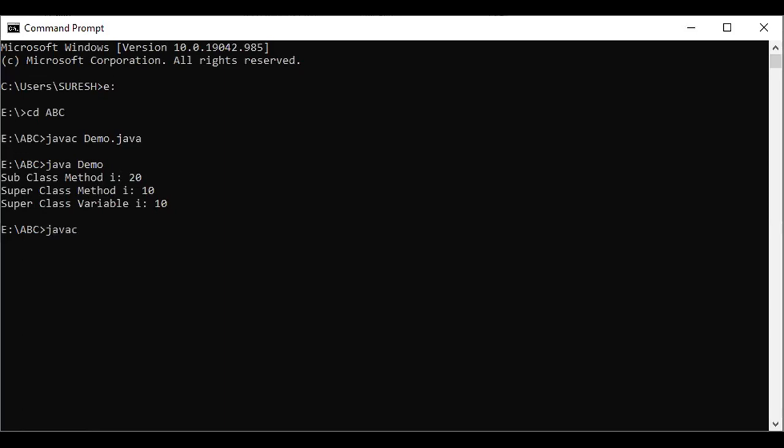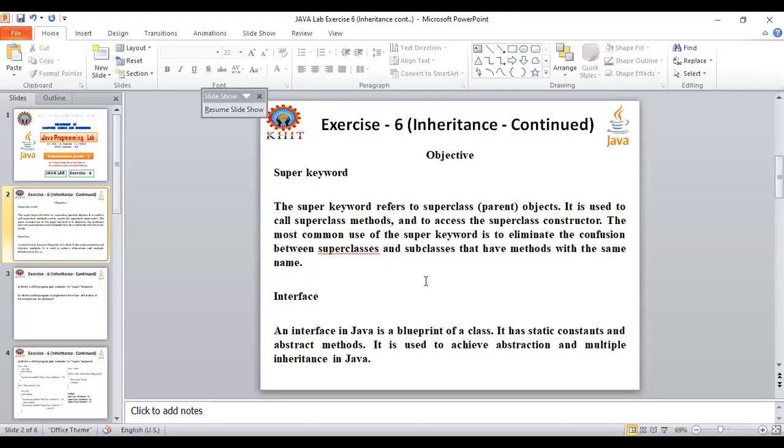Javac, what is the class name? The class that implements both the interfaces, child.java. No errors, execute this one. Java space, dot class file name, child. So child height is this one and child color brown. Both methods are executed, right? So these are the logics we have taken to implement both the cases.